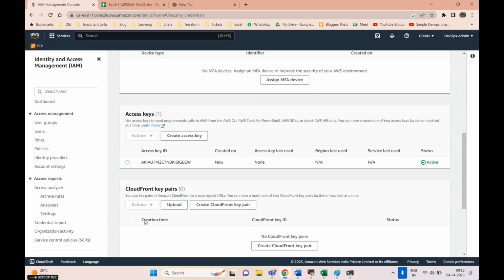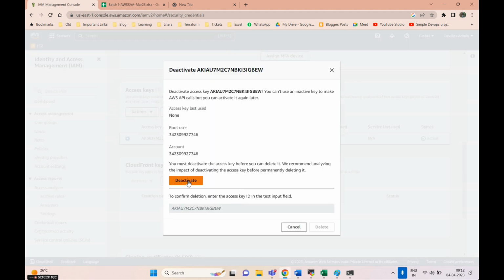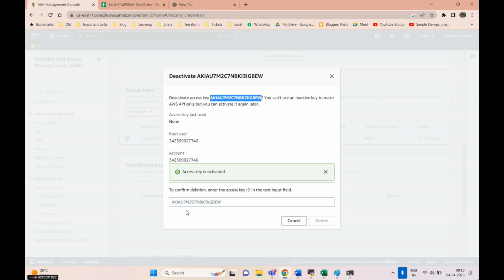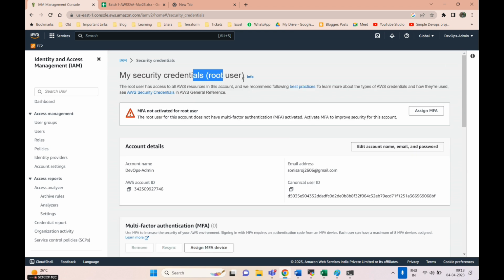Okay, now see, if you have generated also, just always delete that. Don't keep it open, also delete. I want to deactivate and I want to delete it also. Okay, that's it. Now I don't have any option to use root user's credentials, then how will I go and